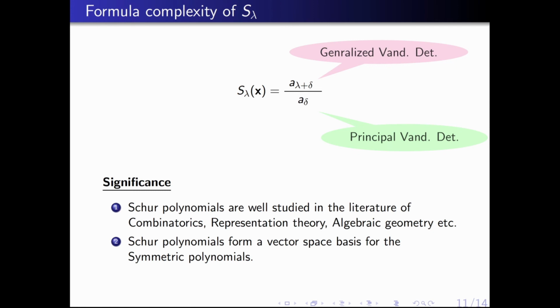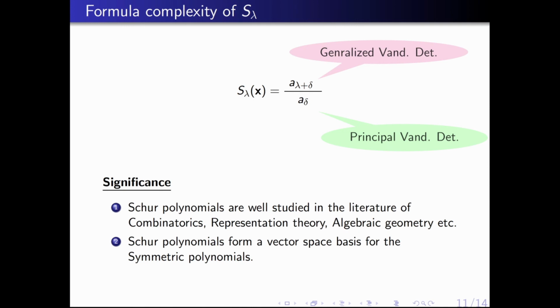This comes from the fact that if a polynomial H is defined to be f divided by g, where f and g both have small ABPs, then H also has a small ABP. This also holds for formula and of course for the circuit. This is a small thing that you can check. Now from this we know Schur polynomial does have poly-sized ABP. What can we say about its formula complexity? That is the question. As we know, the principal van der Monde determinant, that is A of delta, does have a small formula. This implies that S lambda has a small formula if and only if generalized van der Monde determinant has a small formula.